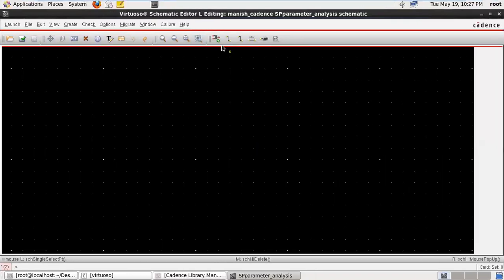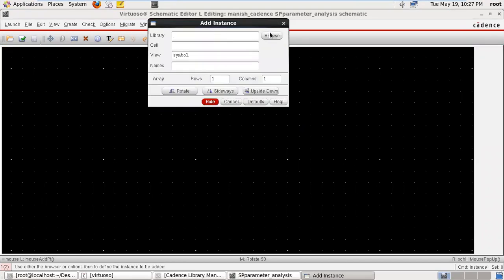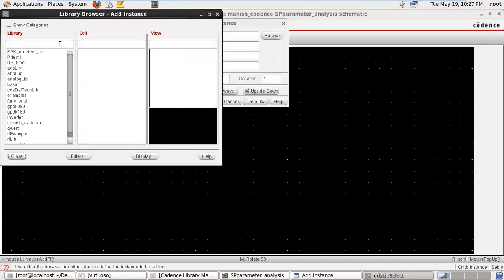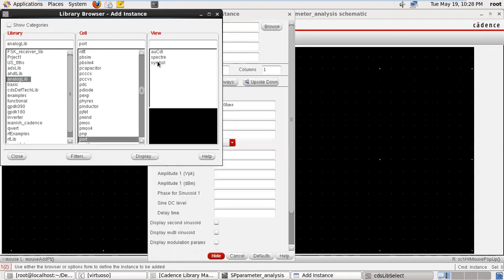Go to instance, browse, analog library, port, symbol.